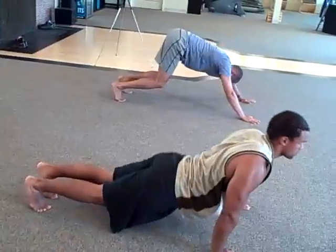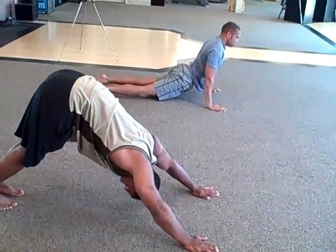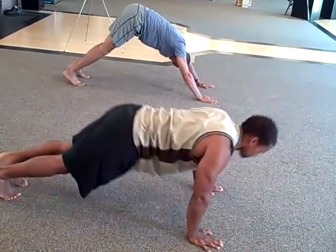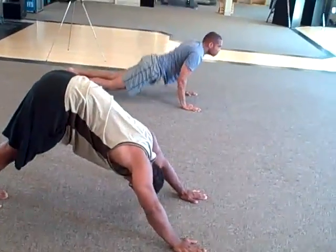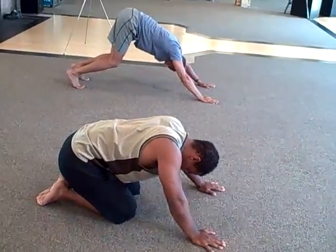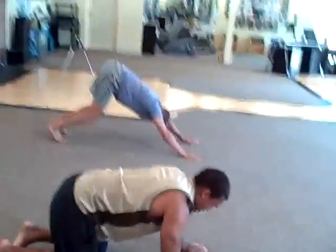Try to lengthen your legs out a little longer, Scott. That's it. And then on the way up, lengthen those legs out. So get them nice and long. There you go. Good. And then back down. Now make it a little more dynamic, where you just go back and forth, boom, boom, back and forth, up, and then downward or upper dog. Good. Now come on up to